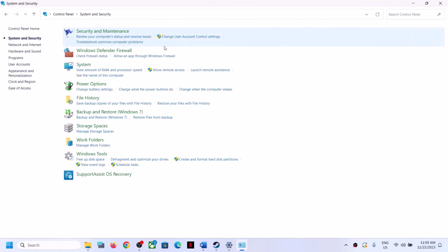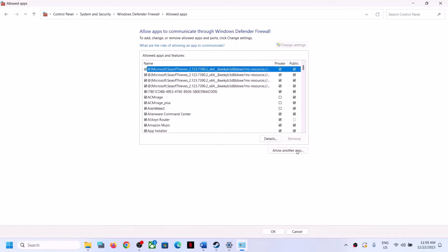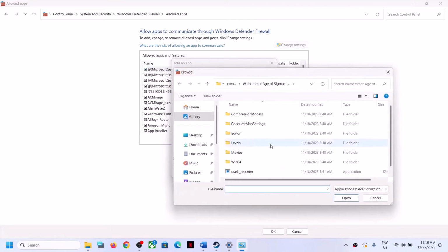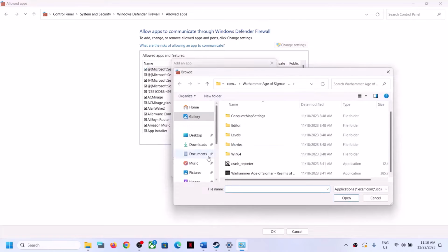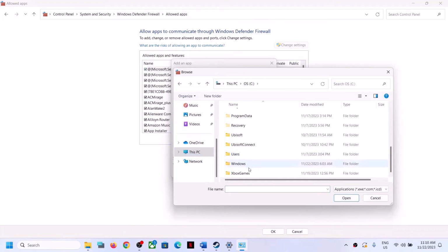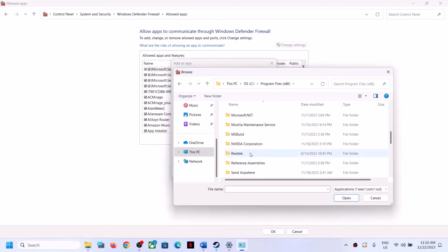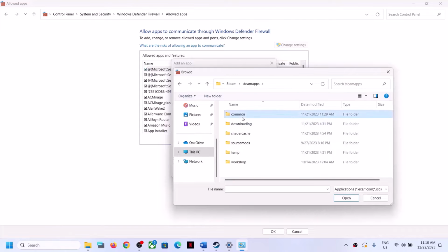Now click on system and security, Windows Defender Firewall. Click on allow an app or feature through Windows Defender Firewall. Click on change settings on the top, click on allow another app, click on browse, and then follow the next step. Same step actually. So Program Files (x86), Steam folder, steamapps folder, common folder, open the